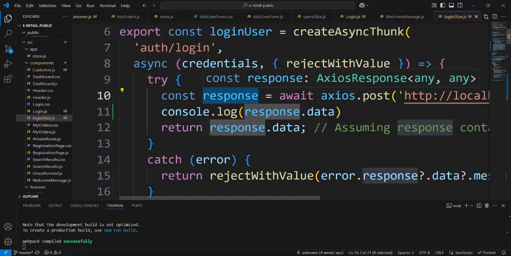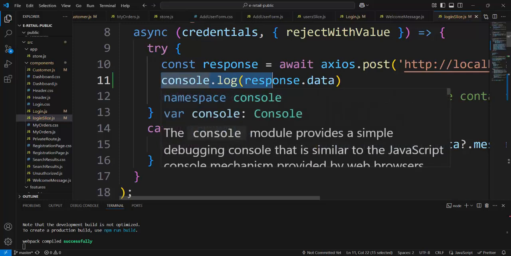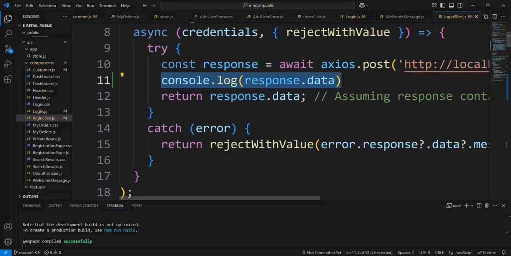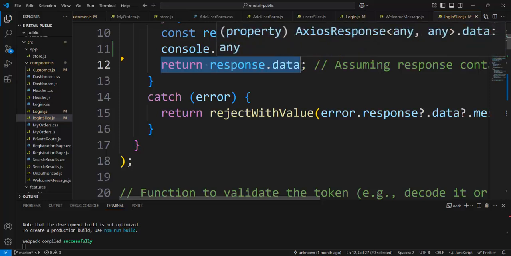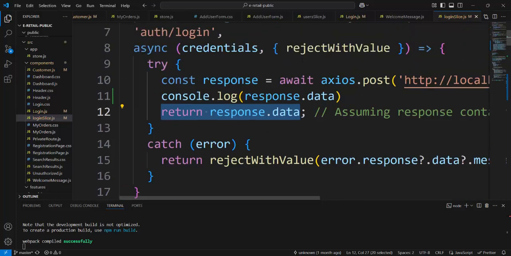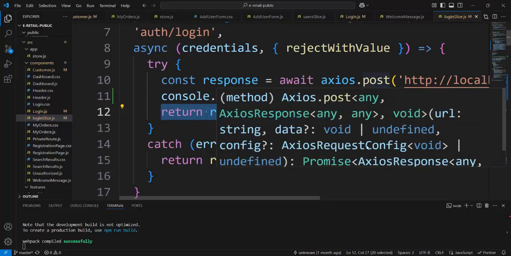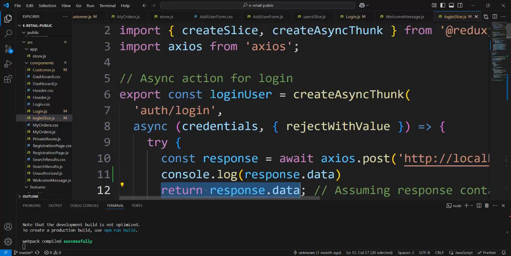We catch it and take it in the variable response, and it would be, when we look here, a token and message, and we must return that token. Look at return response.data. It is a token and message. We return the coded token, and we always return response when the thunk function, login user, requests something from the backend, and if all is okay, receives data, and returns that data to